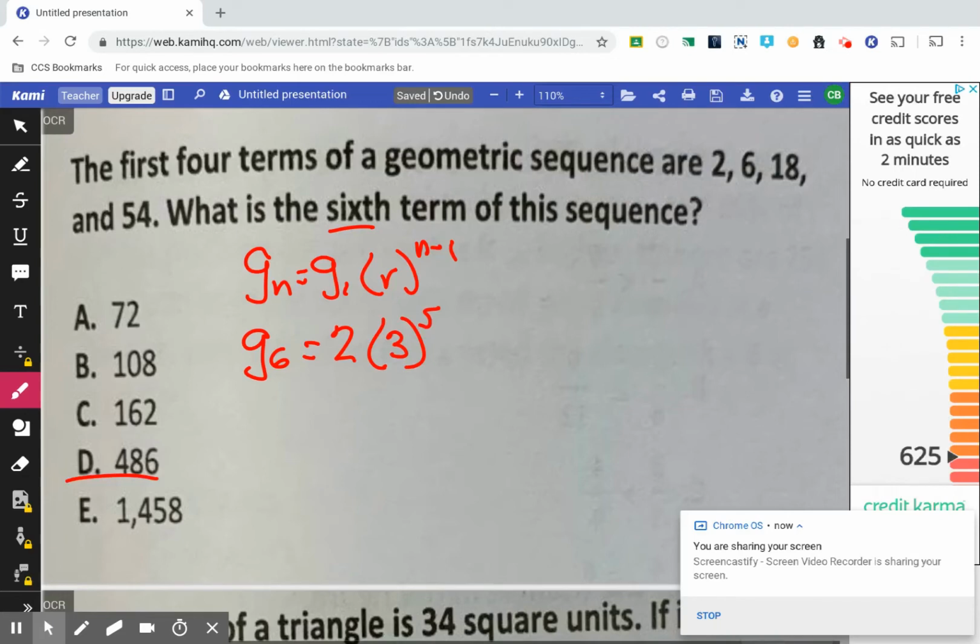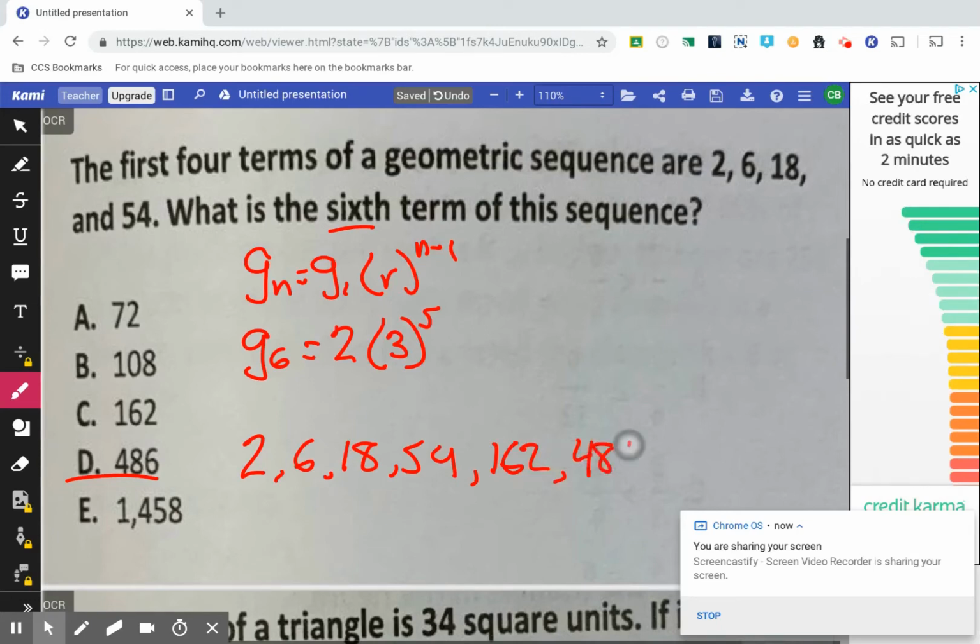You know, if I wanted the 56th term, yeah, I don't want to hit times 3 fifty times in my calculator. All right, but just going out 2 more, I've already got 4. I could get there very easily if I just know that the common ratio is 3. So the first term was 2, second one was 6, third's 18, fourth is 54. All right, well, how do I get to the 5th one? Times 3. 54 times 3 is 162. And now to get to the last one, the 6th term, the one they're looking for, times 3 again,